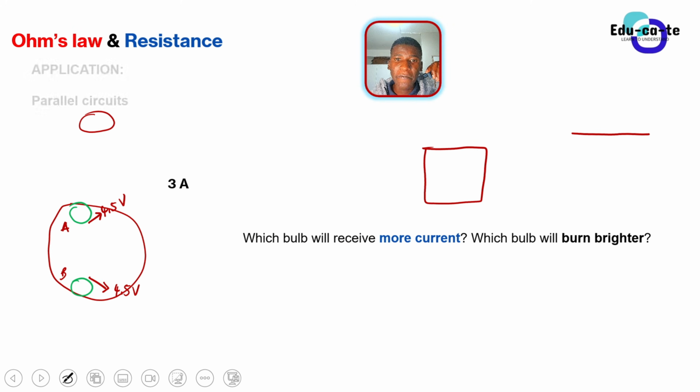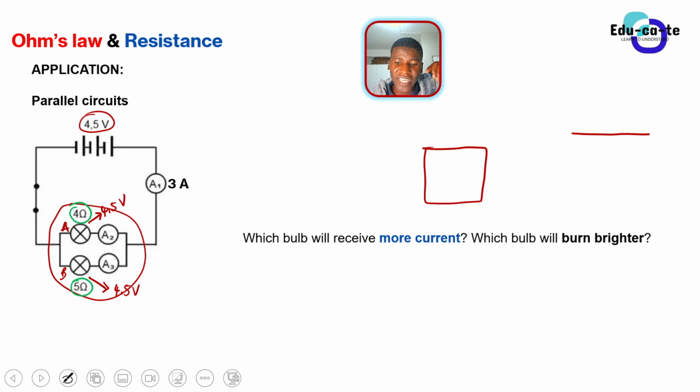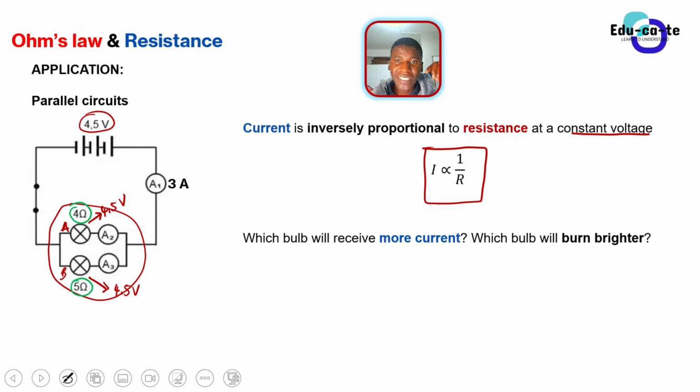But here, for the parallel combination, the current is inversely proportional to the resistance, because we have got a constant voltage. The voltage through the 4 ohms and 5 ohms, and the one of the battery, is the same, 4.5 volts. Now the current here, this is the reading of the current A1, and A1 is the total current, because this is the current that is coming from the battery's positive terminal, right? So this is the positive terminal, this is the negative terminal. So basically the current here is moving in its conventional direction from positive to negative.